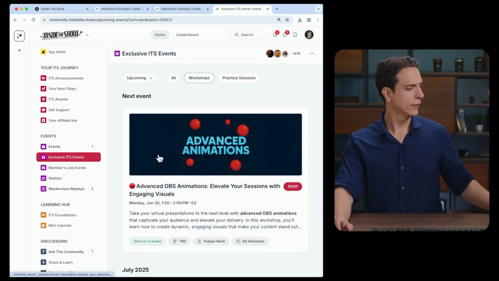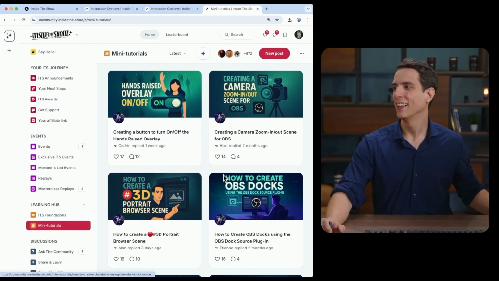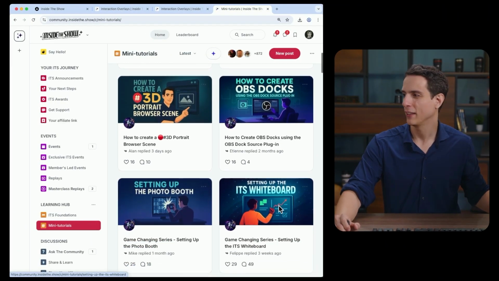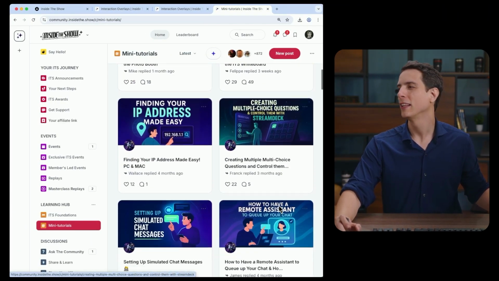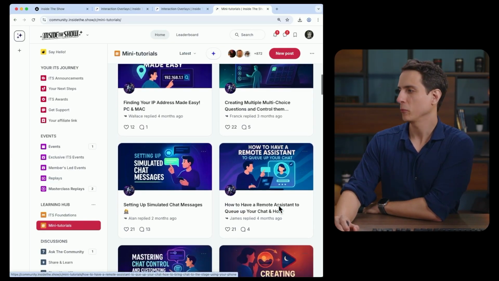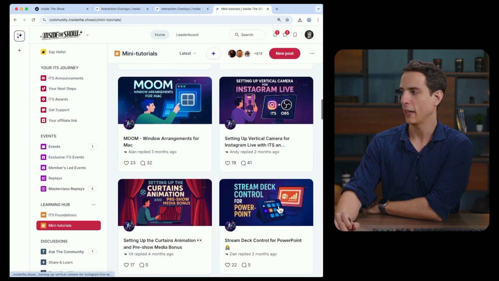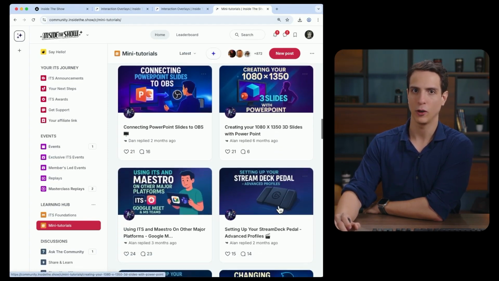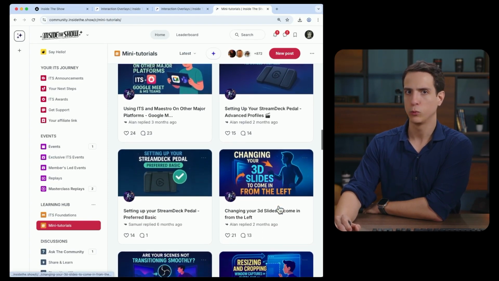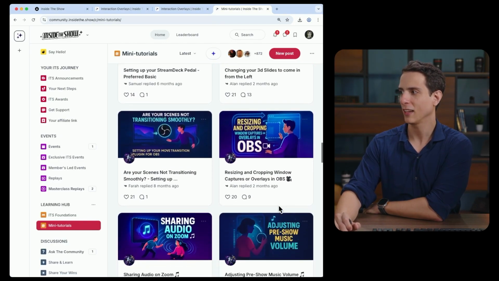We have several different workshops already scheduled for this year, and more to come. And we also have the mini tutorials, which is a section that we add every week. Like you guys ask, how can I do rounded corners on my custom scene? We are going to create a mini tutorial for that. So we have a mini tutorial for everything, which is like a 2 to 5 minutes video teaching you exactly